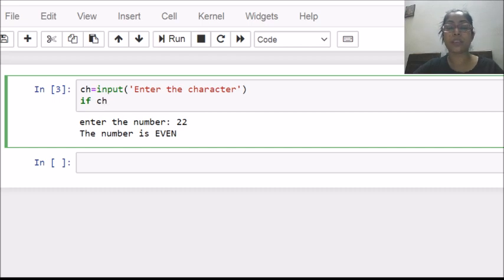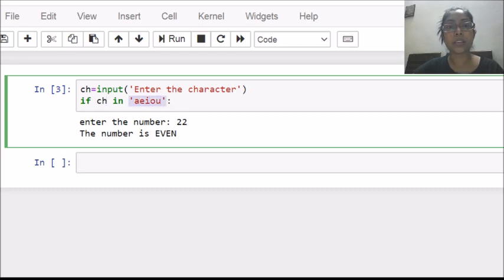So here I will introduce a new operator, that is the in operator. I want to check whether ch is in a, e, i, o, u. These are the vowel list. So I have to write if ch in this.